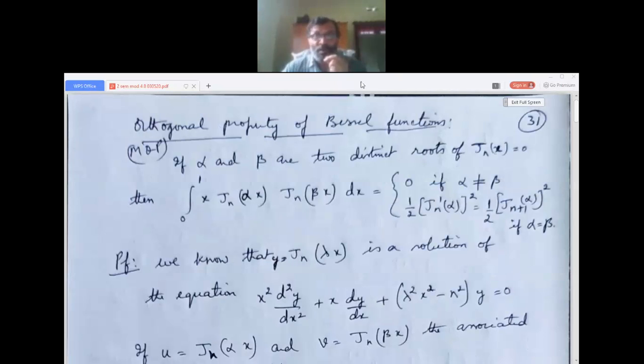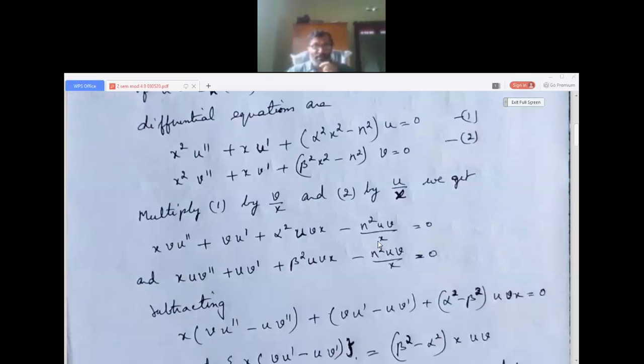Once again, I request all of you, as I say in all the classes, write down the notes and update notes. I'm going to check the notes, and assignment 1 you write on A4 sheet paper. Later on, we can fix it into the assignment book. Then write down last class's derivation. These are all big derivations. In the last session I derived the series solution of Bessel's differential equation, which gives the Bessel function. In this session I derived the orthogonal property of Bessel's function.